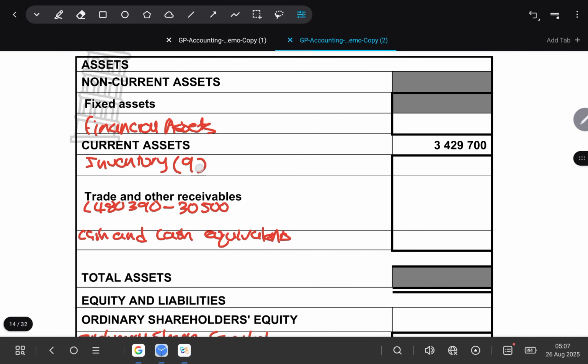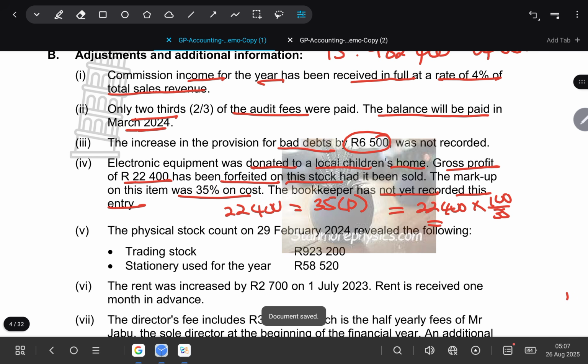Okay, then remember, in the balance sheet for inventory, we have to record 923,200. So we have 923,200, and then we're going to say plus. We'll look at what the information says. So the information next says the fiscal stock count on 29 February 2024 revealed the following: trading stock